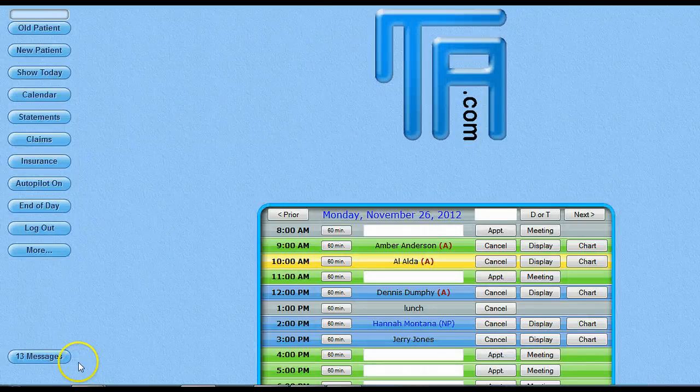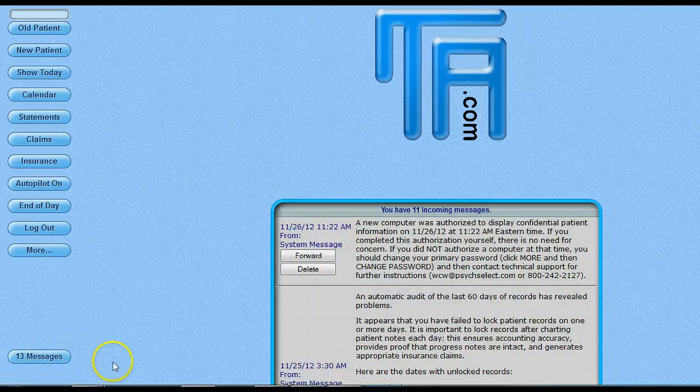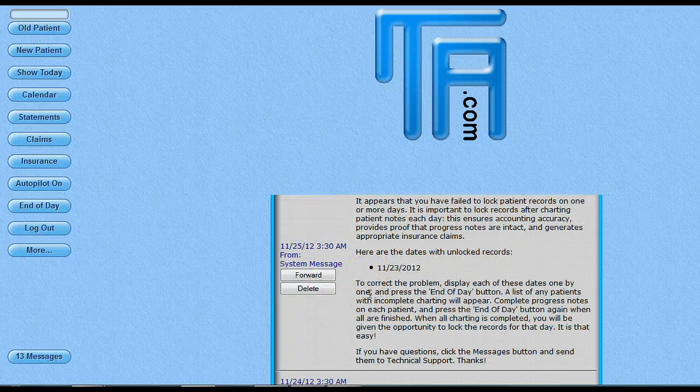At the very bottom left-hand corner of the dashboard is a Messages button. TherapyAppointment.com includes a HIPAA-compliant internal message system. The number of messages you have in queue are indicated on top of the button. By clicking on the Message button, you can read reports from system audits, such as reminders about insurance pre-certification you